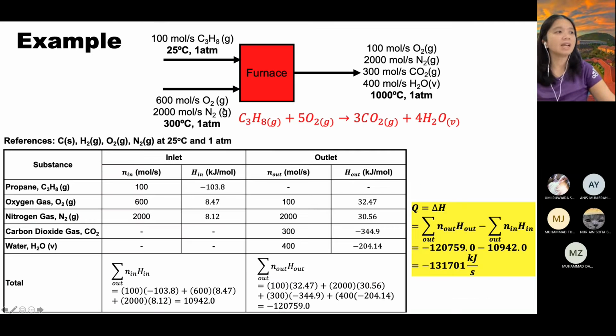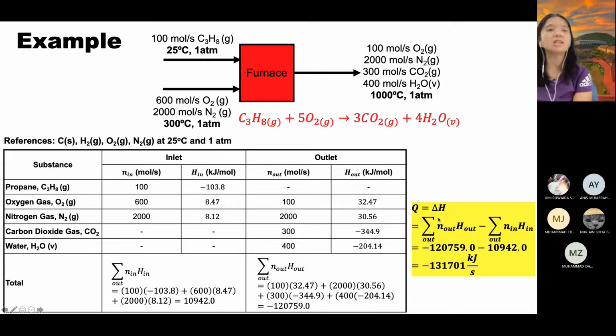Eventually, what I want you to really understand is that the heat of formation method basically has its reference condition following the heat of formation condition. And during calculation, the first path must be the heat of formation path. The substance must be formed first, then you bring it to the inlet condition or the outlet condition. Then when you have calculated everything, still the same concept, you calculate your total enthalpy in, total enthalpy out, then you calculate